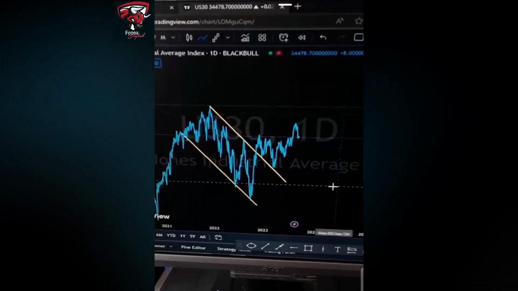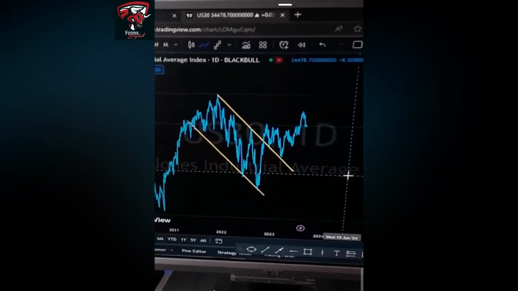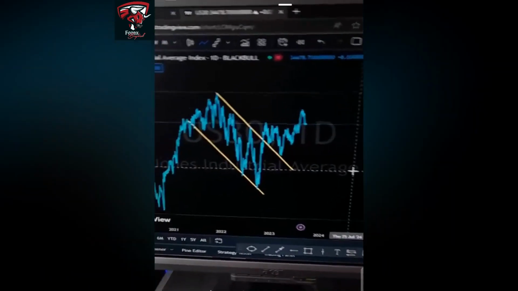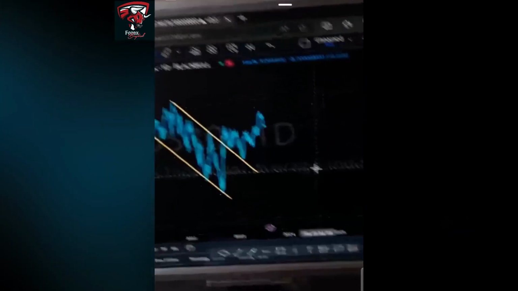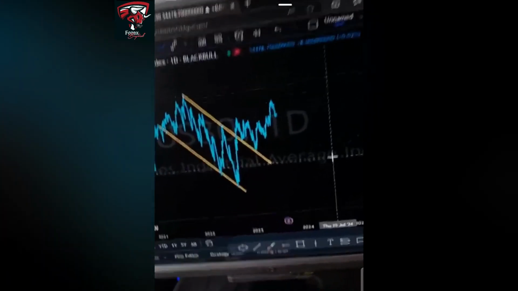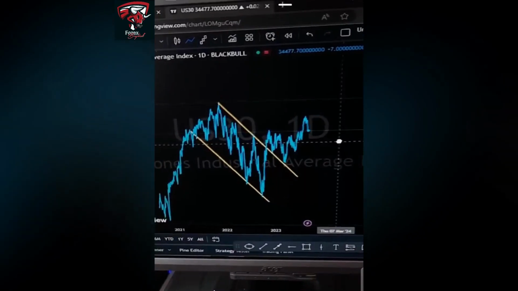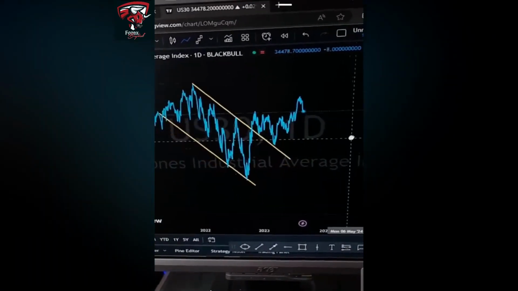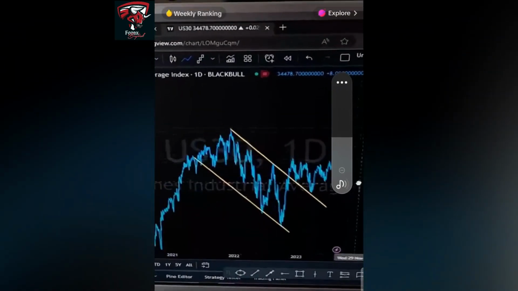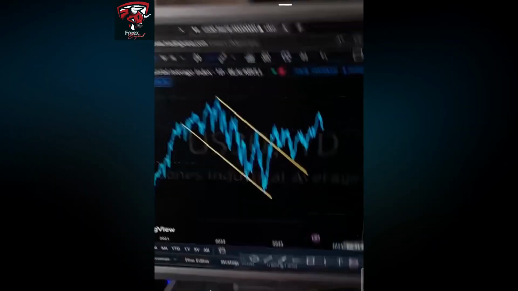First of all, market structure. Very important, guys. We're going to label our chart as well. It's important to label our chart. Today, most of the times I don't label it because it's not really important, but for me it is. So I'm going to do that today. Alright, cool. We have a major descending channel. And remember what I said about a descending channel. Descending channel gives us an overall